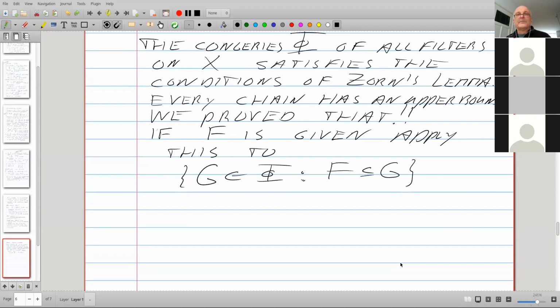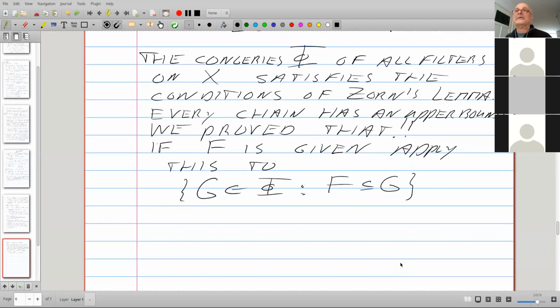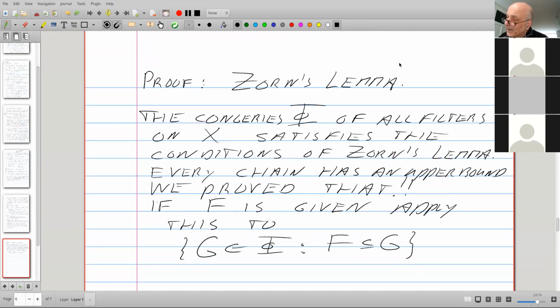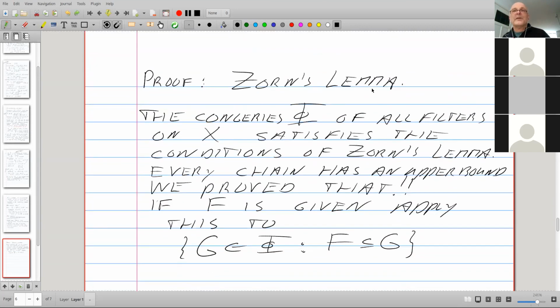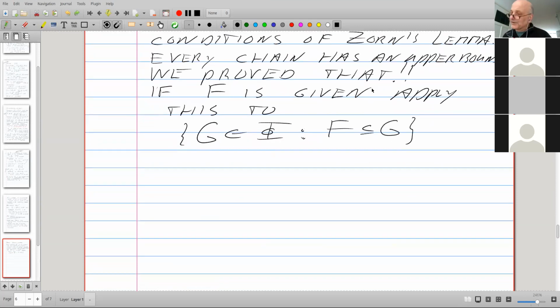Okay, I will have a few comments to make about the necessity, or if you will, the usefulness of the axiom of choice in this thing, because this is blatant axiom of choice, of course. We say Zorn's lemma, or equivalently axiom of choice, or equivalently well-ordering theorem. A little bit of that is needed, and I'll comment on that in a moment. Okay, before the break, I just want to finish one thing and then we'll go to the characterizations.